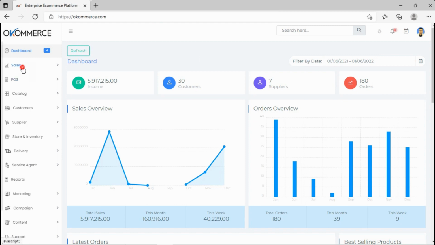Under the OCommerce sales module, we have three menus: orders, service order and quotation order. Order is for all the general orders. Service order will show you the listing of all the service orders like laptop repair, etc., if your platform provides any such service. And quotation order is for in case your platform provides the option of a quotation system. So let's see all these options one by one.